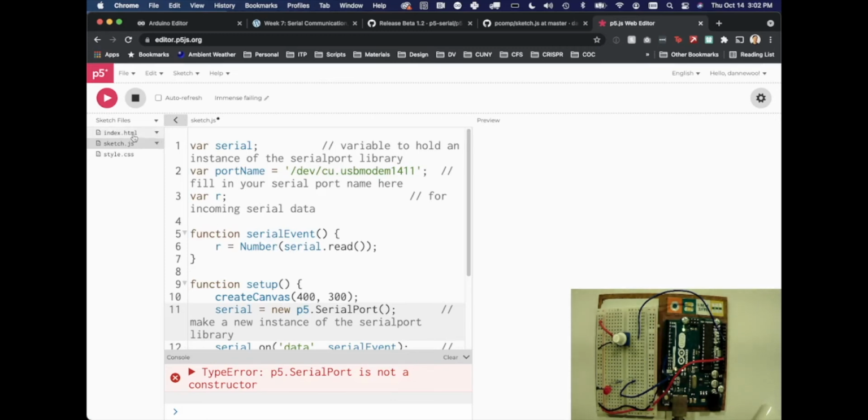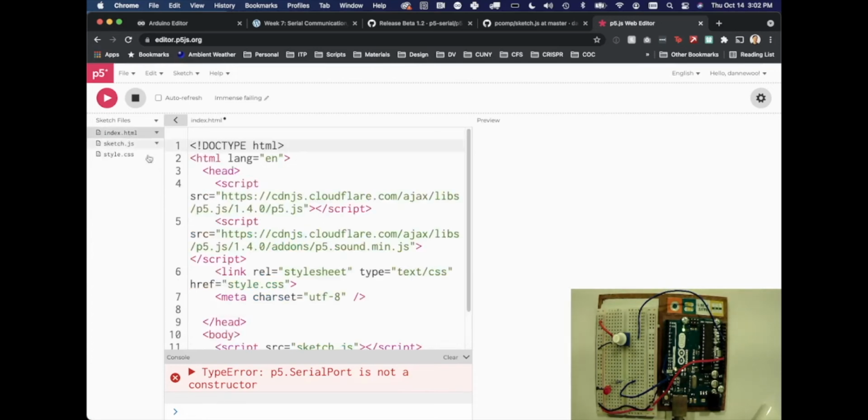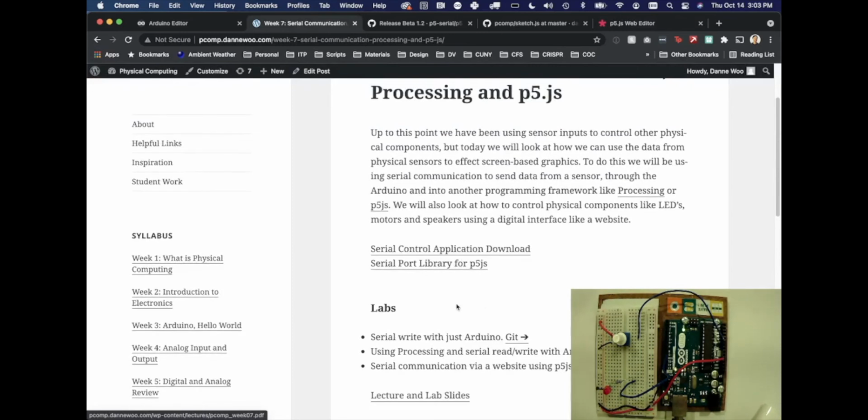The only thing that we would want to do in HTML, in the index.html file, is add this serial port library. So if you go here, this is the P5 library. This is the P5 sound library, and then this is the CSS file. So we just need to link in the serial port library as well. For that, if you go back to the class website, week 7, I put a link underneath this serial control application download called serial port library for p5.js. So if we click on that,